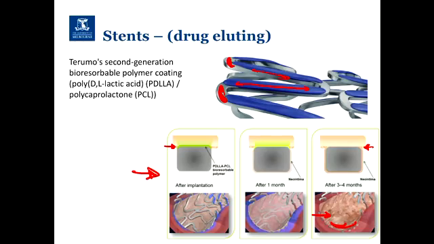Sorry, I'm saying the wrong words. You want it to re-endothelialize. So you want a layer of endothelial cells to grow over, but you don't want there to be smooth muscles. So you want it to look like the lining of a blood vessel, but that's it. And that's quite hard to control. So that's what they're trying to do with the drug-eluting stents.